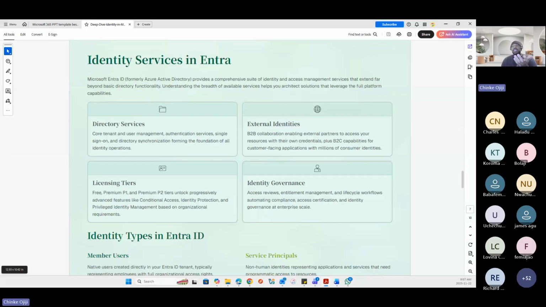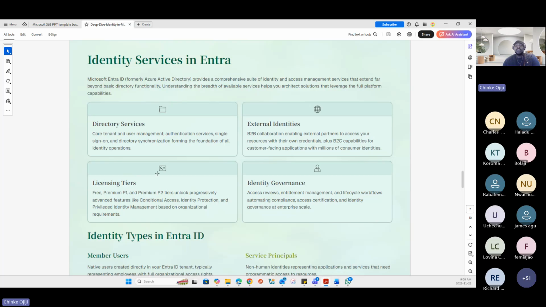And in terms of licensing, we've talked about Entra Premium P1 and Entra Premium P2, and how they unlock longer days for the audit logs and sign-in logs, as well as other features within the Entra ID Admin Center. So on top of all of this, Entra offers governance as well, like access reviews and privileged identity management, helping you manage identities at scale, and so on.